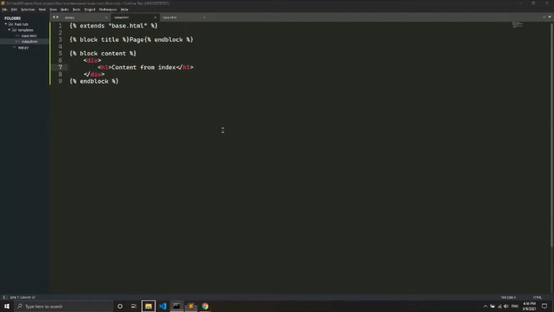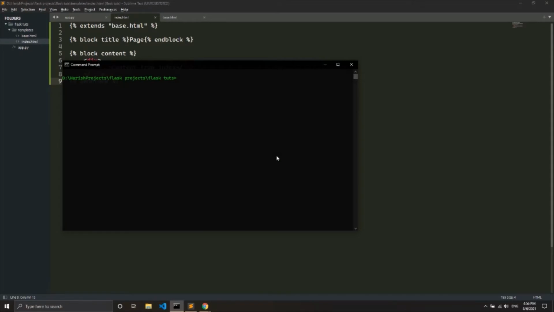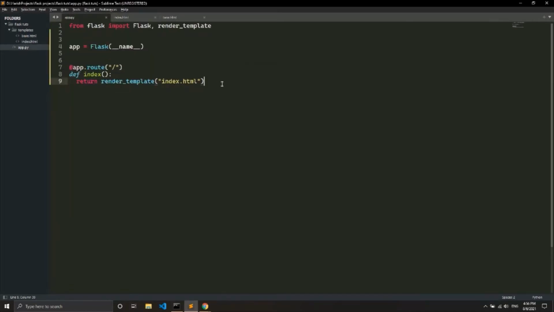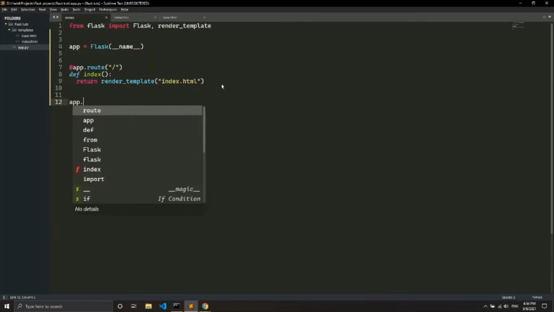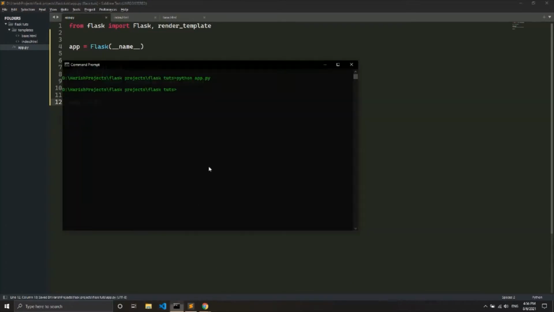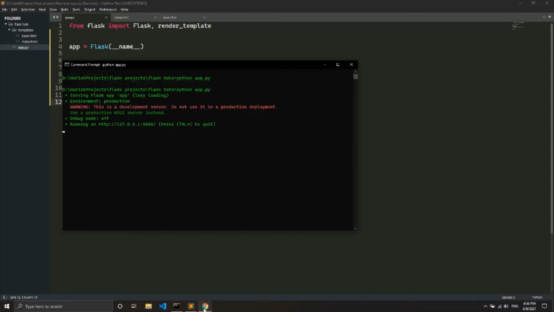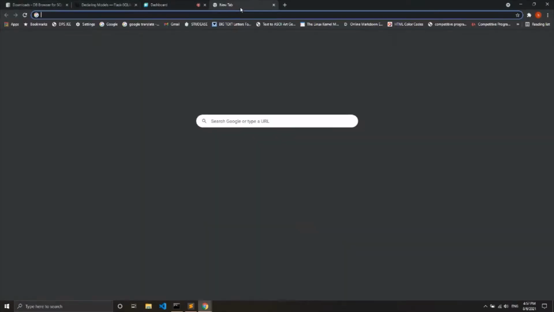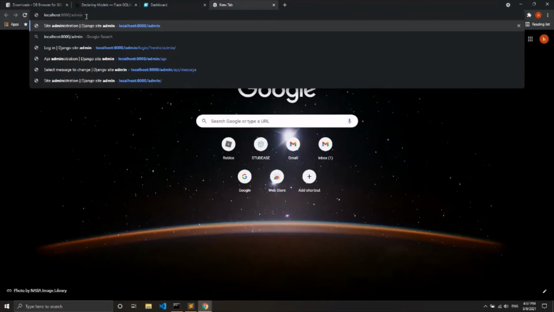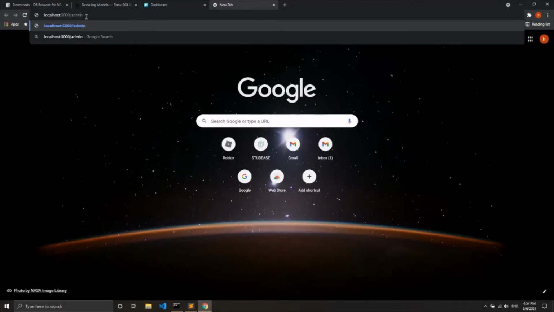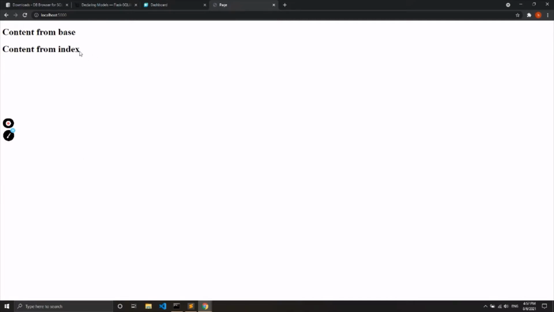So now we'll run our server, which is python app.py, and I have not specified the app.run function here, so I've called the function, and now we will start our server. So I will go here to localhost 5000. That is our default port. You can see that our server is set up and it's working fine.